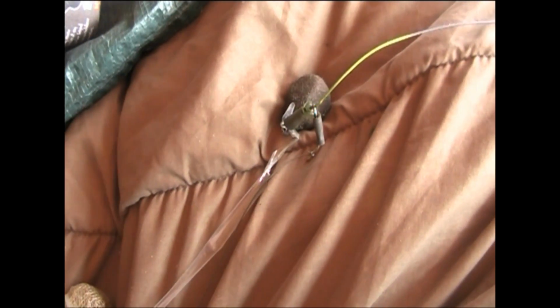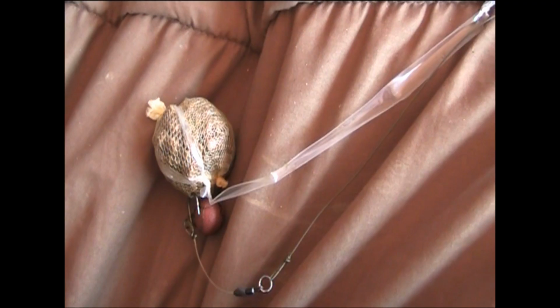Right, so here's a little idea I just came up with. Seen a few fish down in the far corner, so I thought I'd give them a go. I'm going to take one rod over there, and I've done a little bag of the autumn pellet, Carp Craze